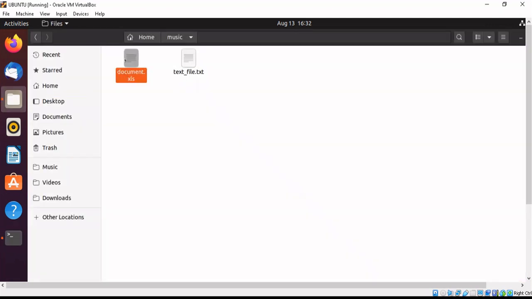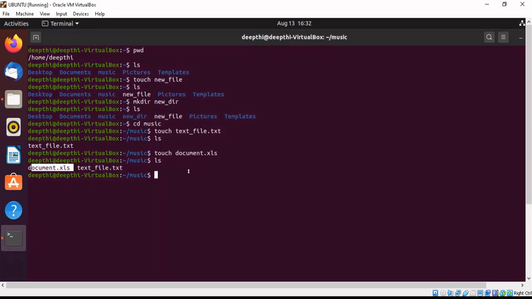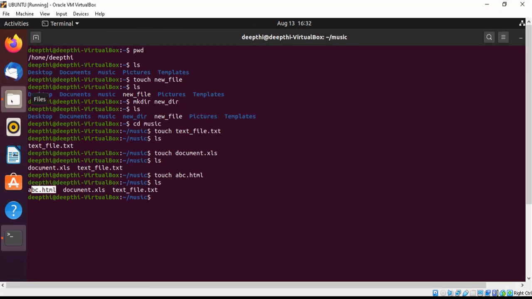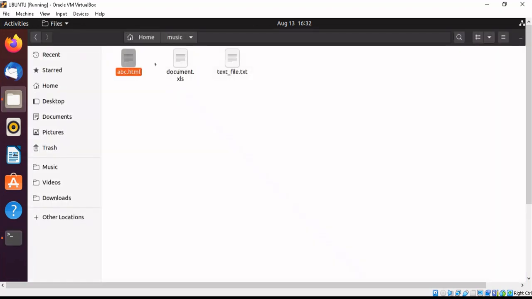Going here, we can see that it has been created inside the directory, right? I again use the same touch command to create a file abc having extension html. And again, if I write ls, I can see that this particular html file has been created. You can see that this html file also has been created here, right?